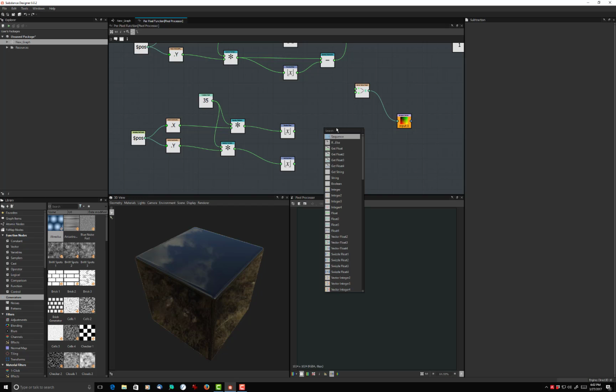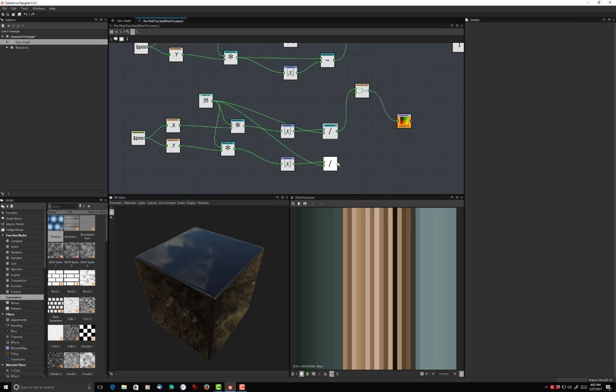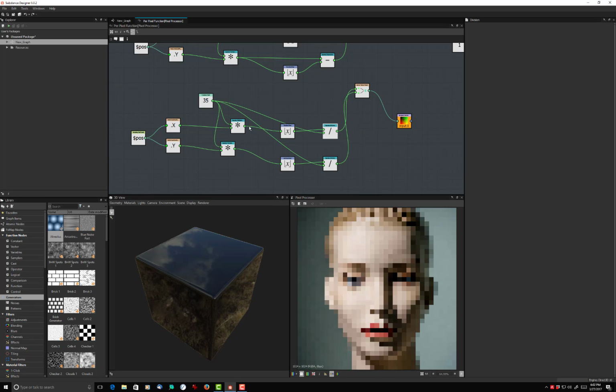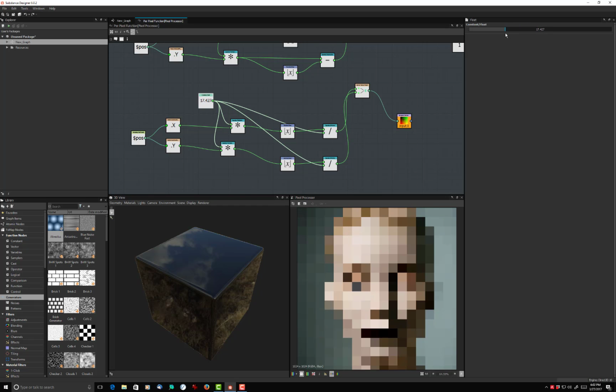So now we want to divide that back down by the same number. If we've blown it up 35 times, we want to take this number with fractional steps and divide it by 35. I'm putting the 35 in the denominator and this in the numerator. Take this, put it here. Take this, put it here. Okay, there we go. So now if I take this 35 slider and take it down